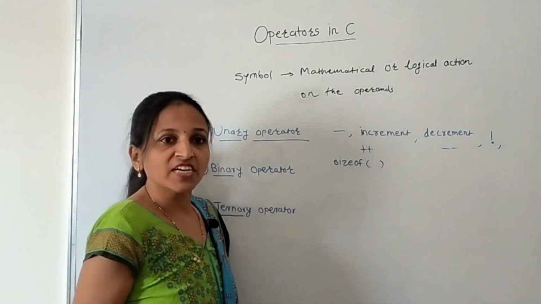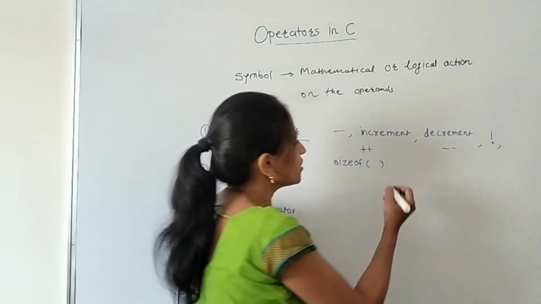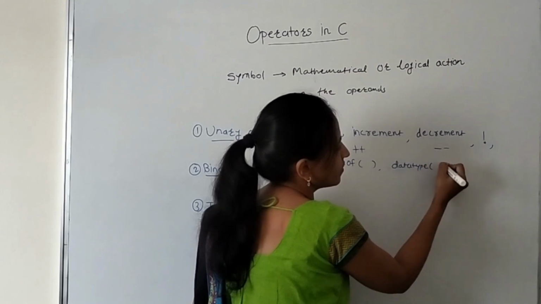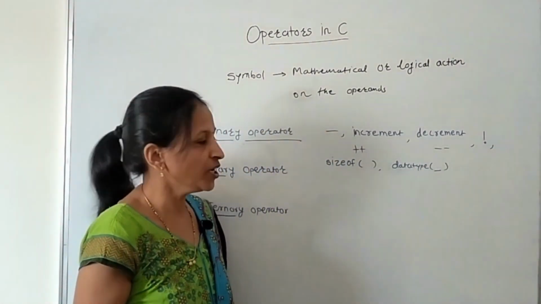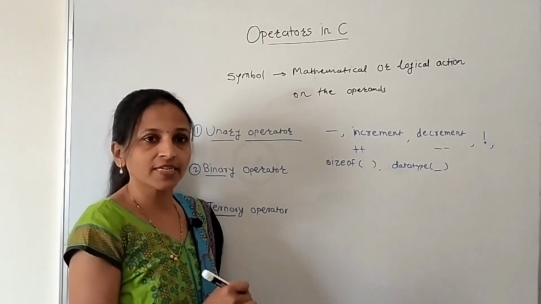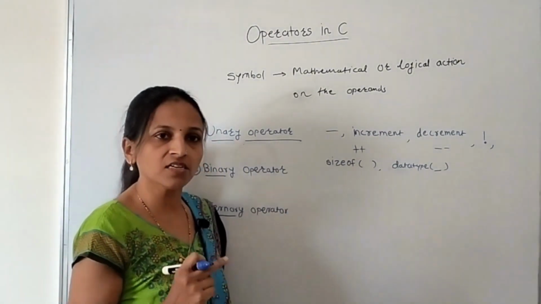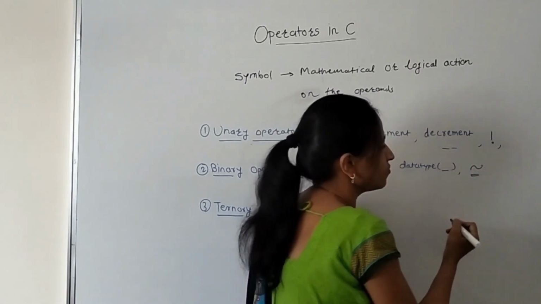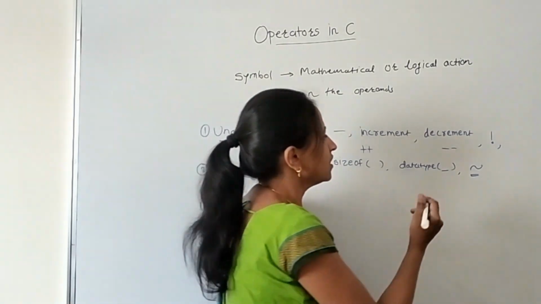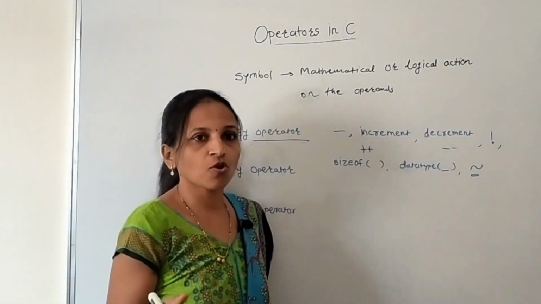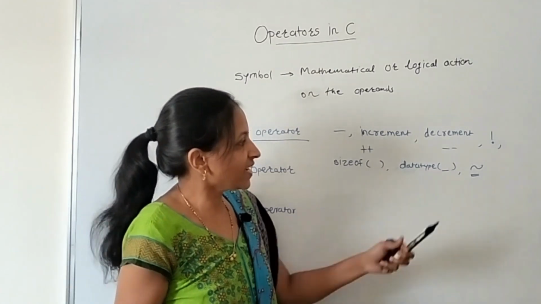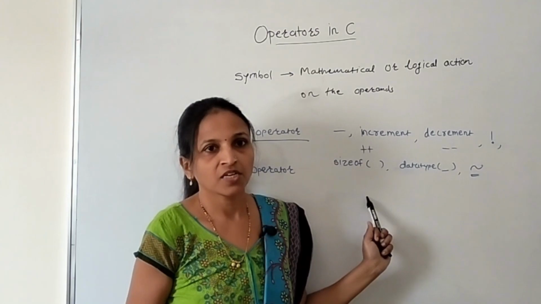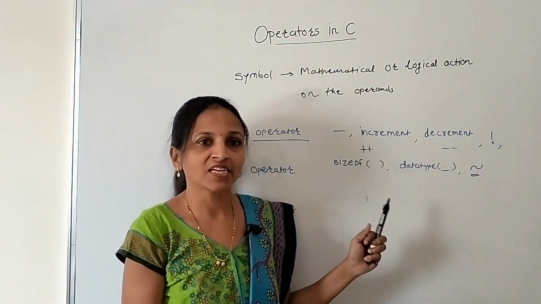In the data type concept we have used one typecast operator. That typecast operator again comes under this; here we have to mention the data type, and then in brackets we can mention any value. The typecasting operator is again a unary operator. Then one more operator, that is this one. This is again the ones complement operator, that is a bitwise ones complement, bitwise not operator. That is again a unary operator. These all are unary operators in C. Some of them I am going to explain in this session.